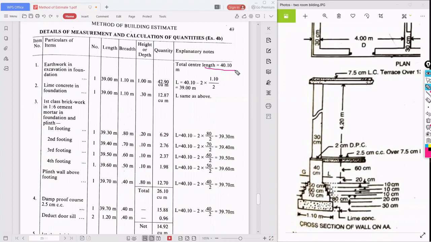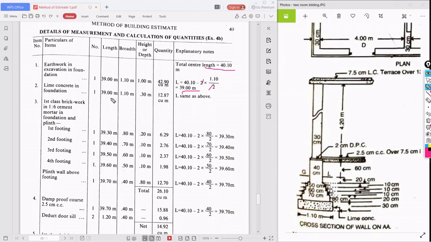That is 40.10. So 40.10 minus the earthwork excavation breadth 1.10, 1.10 by 2 canceling, so it is 39. So 39 into 1.10 into height, 1 meter. The total quantity is 42.90 cubic meters for earthwork in excavation.